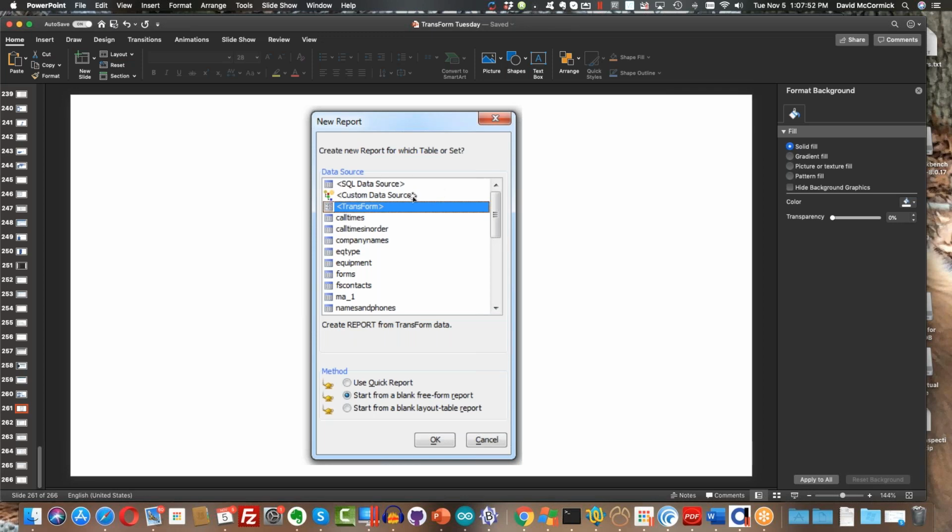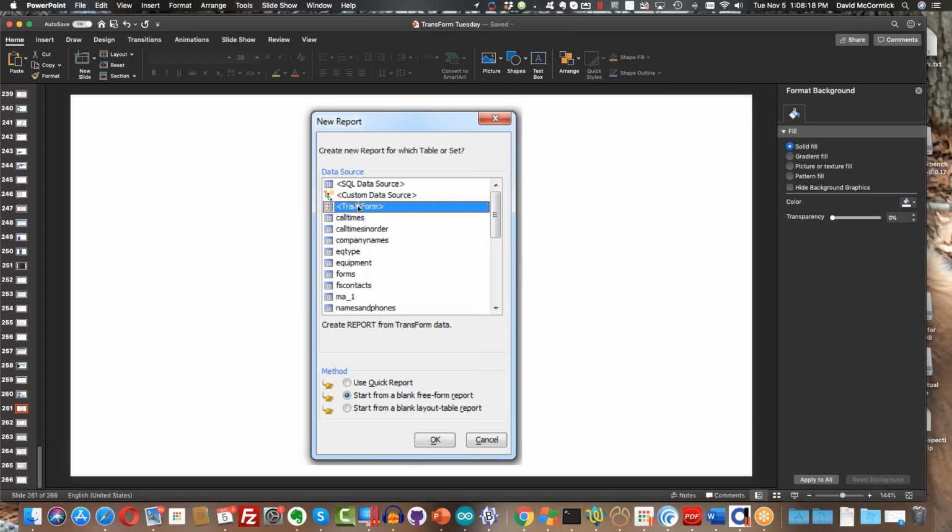The other was custom data source, and that's the one that we went over many months ago when we talked about creating a JSON object to pass into the report writer using API data from TransForm. And then, this is a holdover from last time, if you had DBF tables, you could report against them as well. But since last time, we've introduced this new option called TransForm, which means I'd like this report to